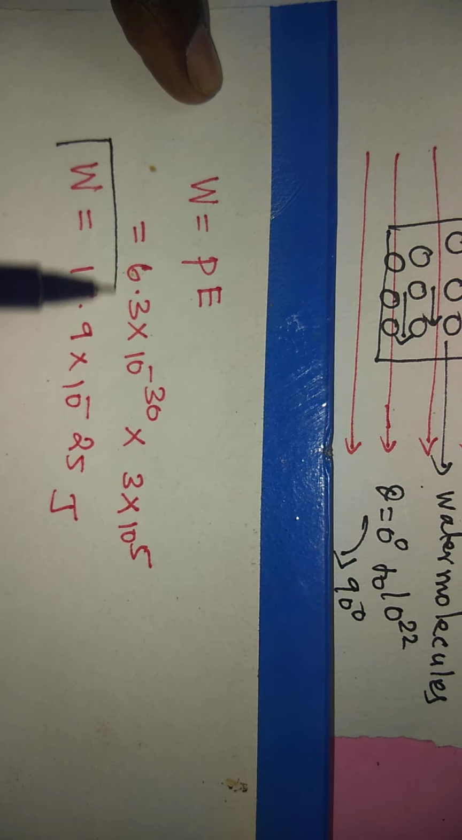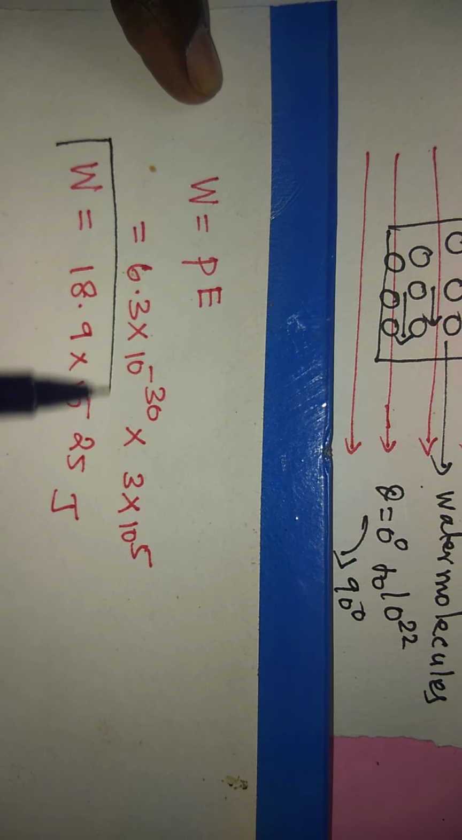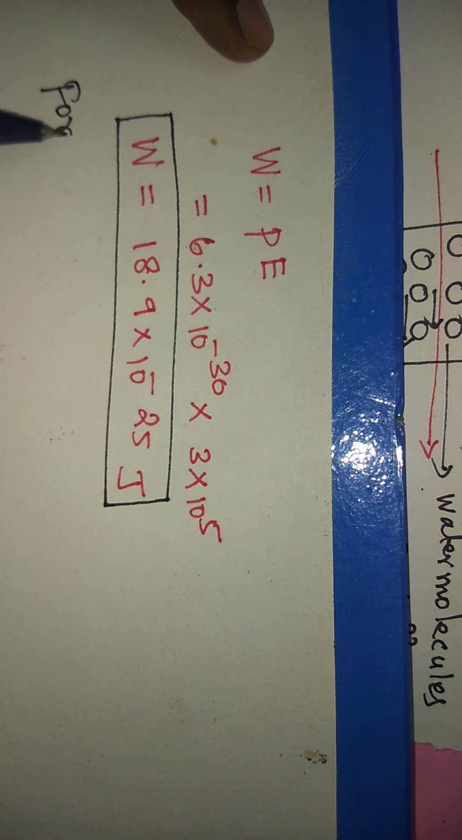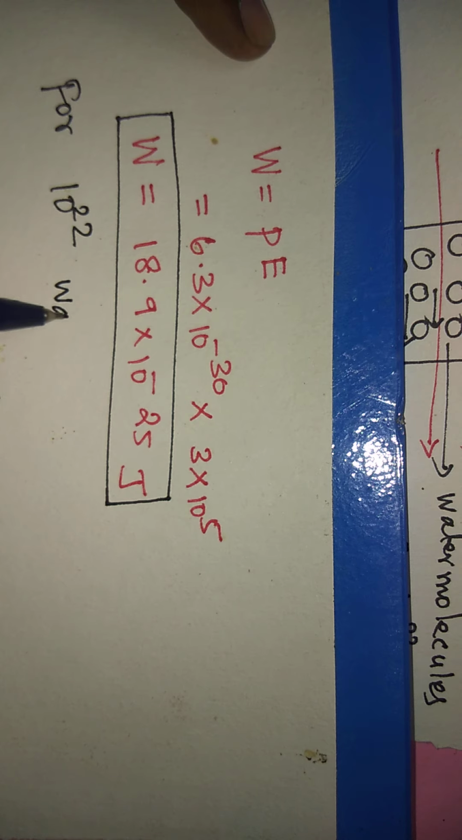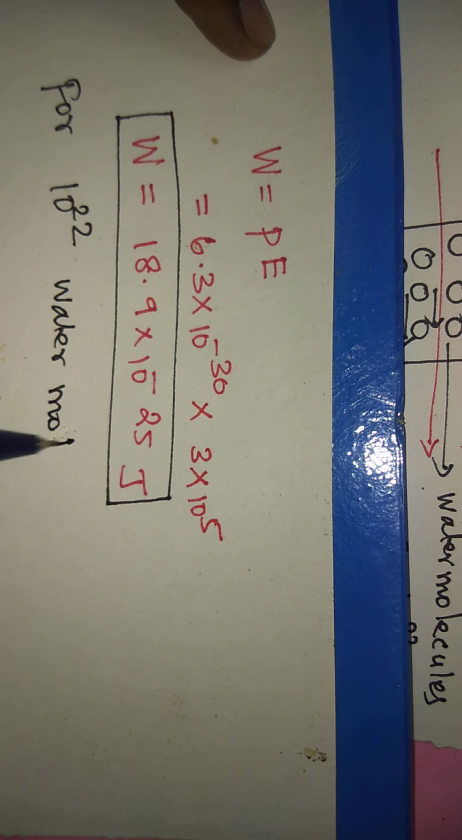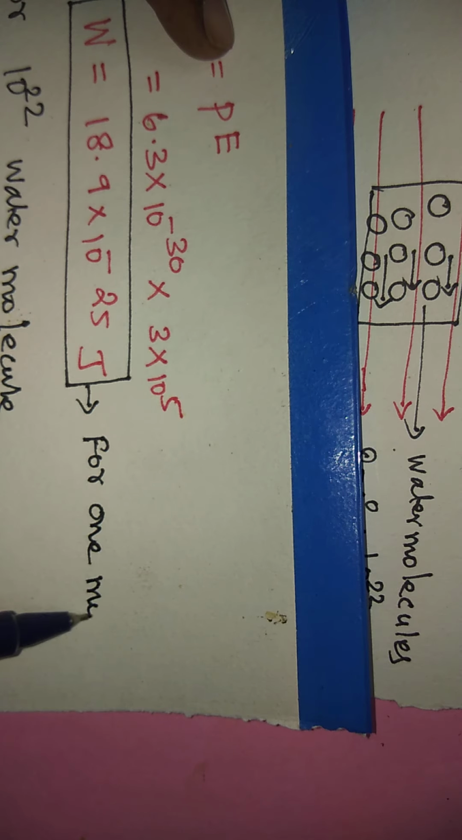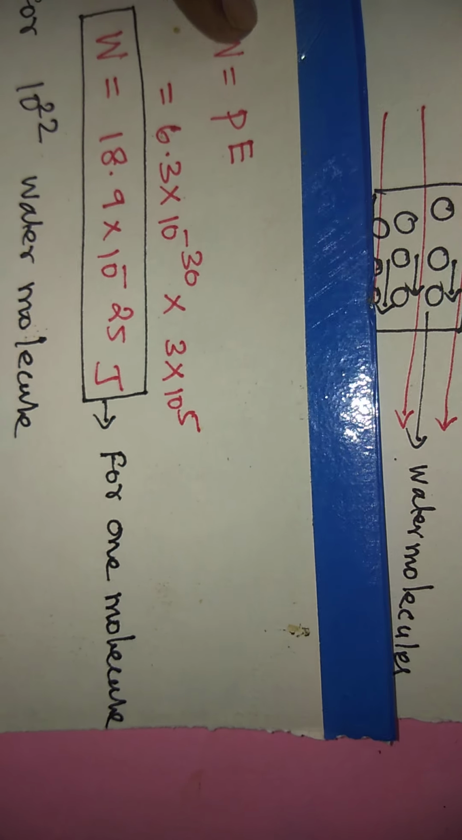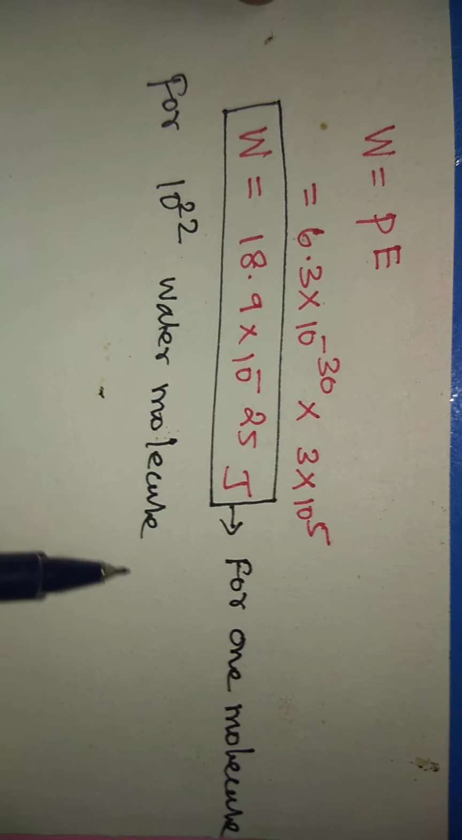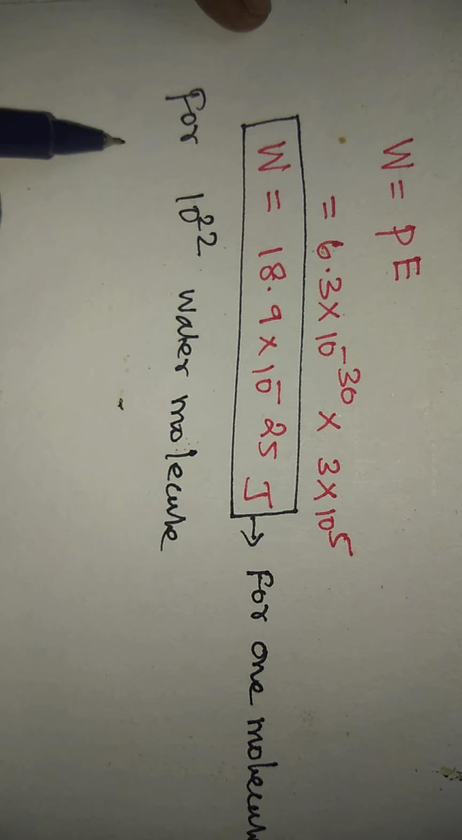This is the work done to rotate the water molecules from 0 degree to 90 degree. For 10^22 water molecules, this work done is for one molecule. For all the molecules, how much work is required? So total work done